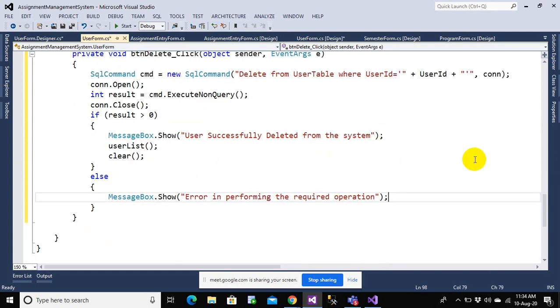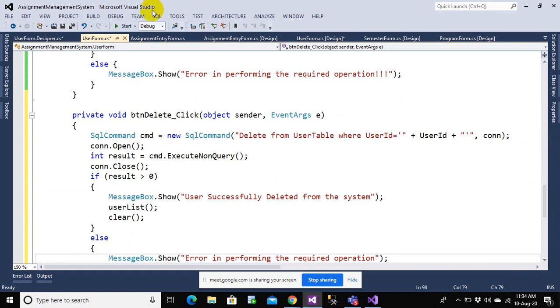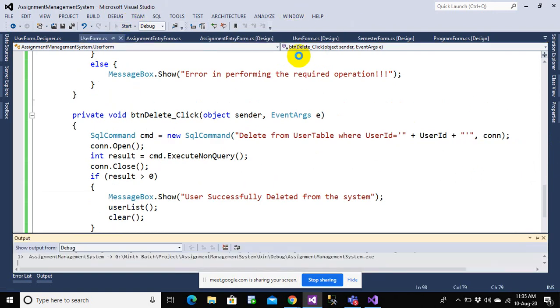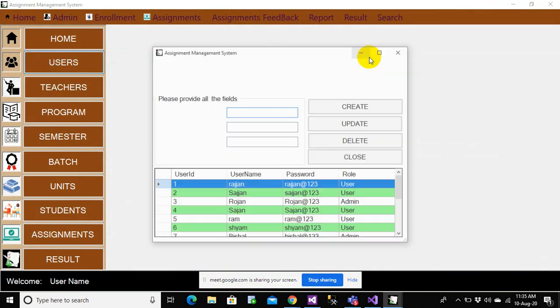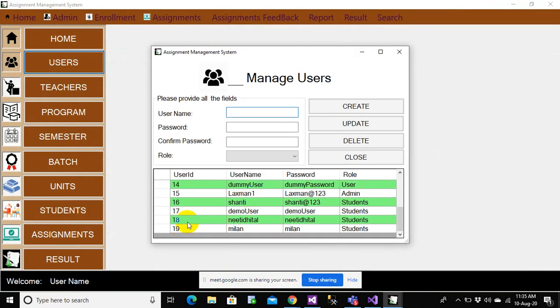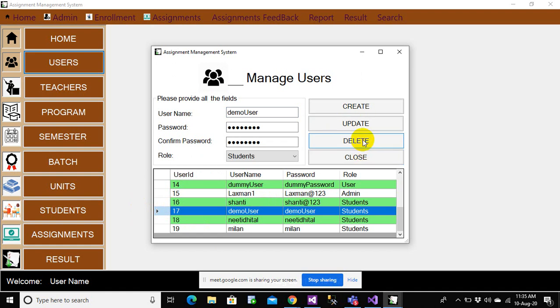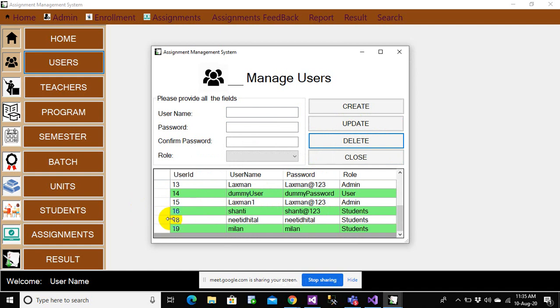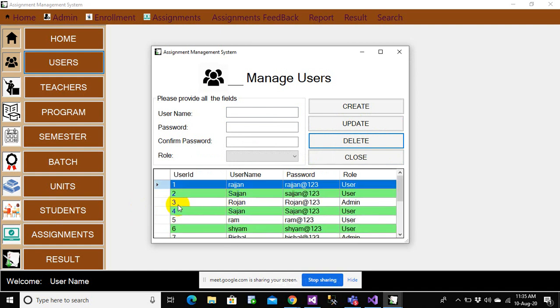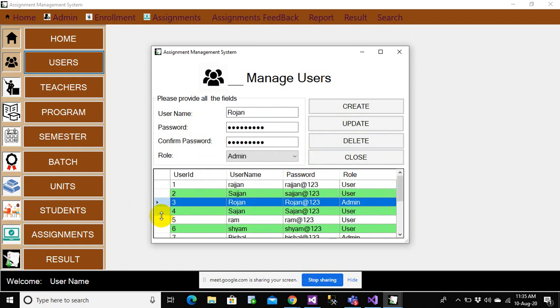So this should make a delete happen here. Let's run and check. Let's log in. Let's go to users and select any one of them. Let's say a demo user, and I want to delete this one, and this is deleted. So now there is no demo user. Let me select any one.